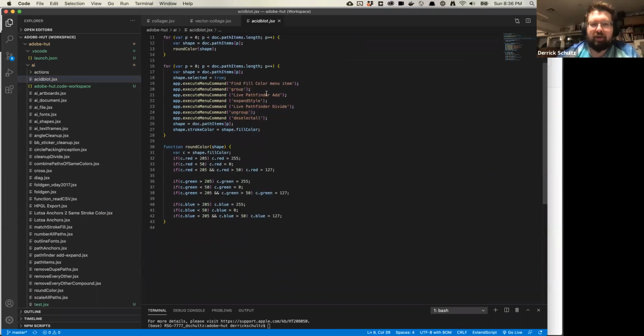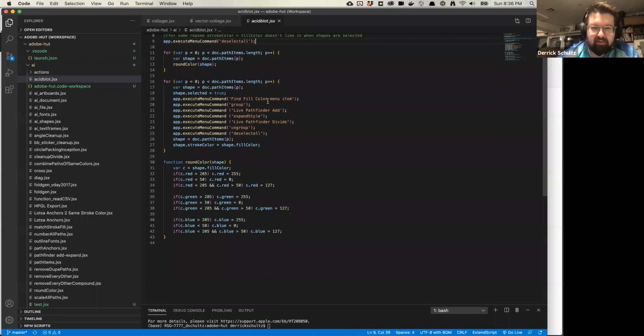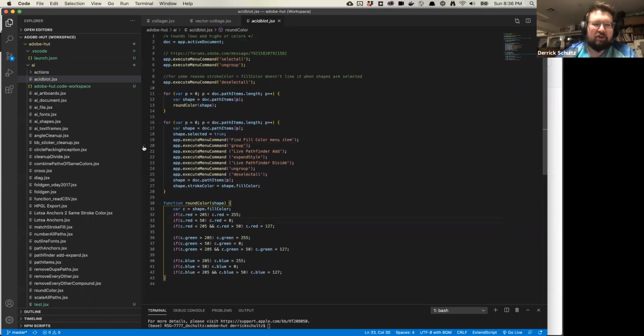And then I go through a thing. So what does this do? I don't know what this does. Find fill color menu, group. Oh, this does Pathfinder. So if you're interested in automating a Pathfinder script, like taking an image and automatically outlining it, this will do some of that. It also has a thing called round color, which basically takes the color of the image and tries to round it to a really regular value, like 0 to 1 or the middle of 1, to generate really primary colors in RGB. So I'd just say generally dig around and see what's in here.